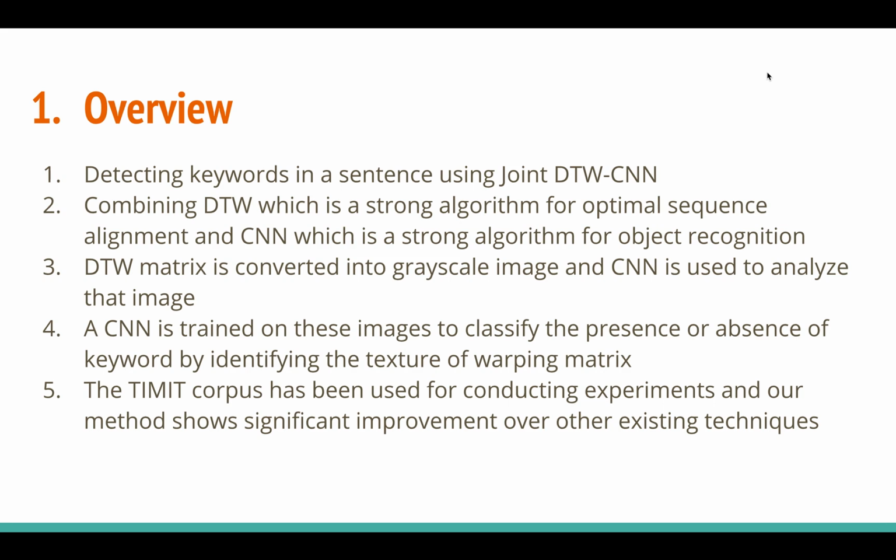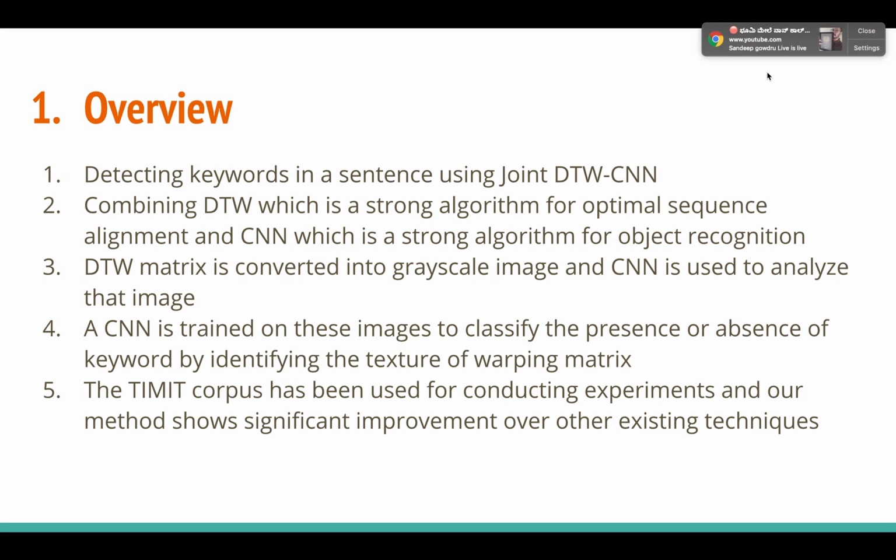In this paper what they try to do is take the DTW matrix. I will explain how the DTW matrix is constructed. The DTW matrix is basically a matrix which has at every location the distance between two points in two different sequences. Using that local distance, along with some other things, you can construct that matrix for those two sequences, and you can look at that matrix as